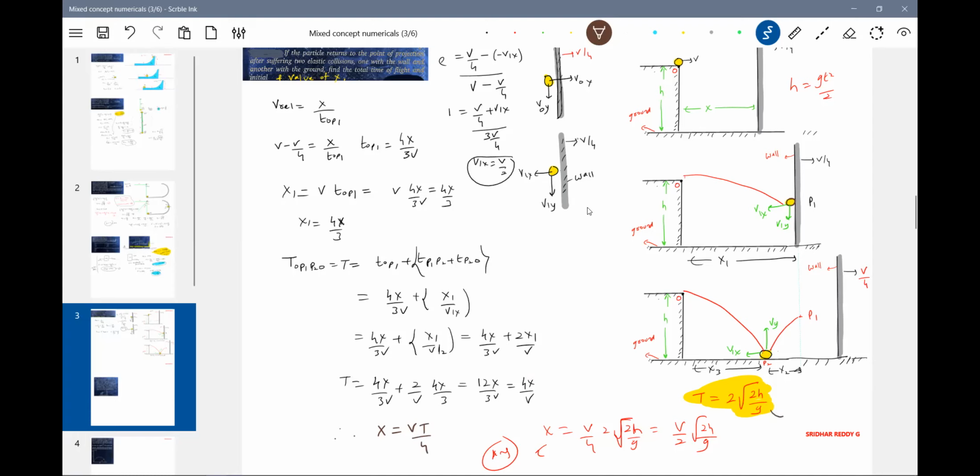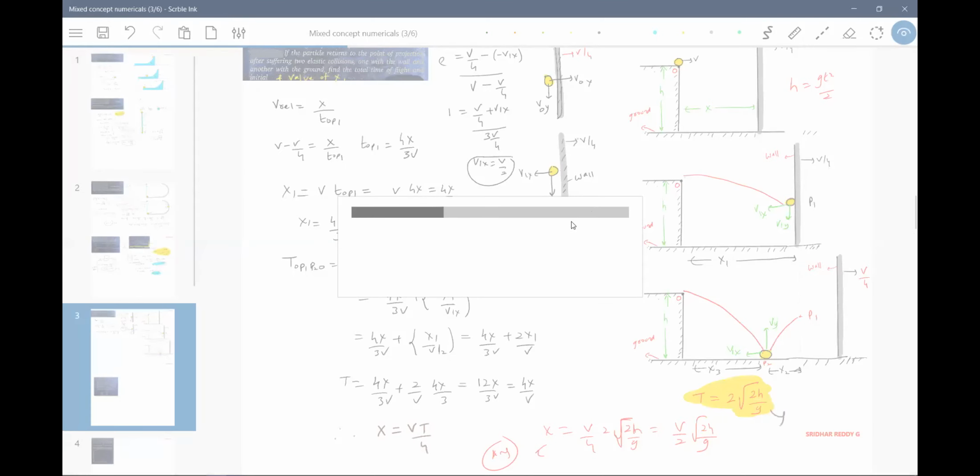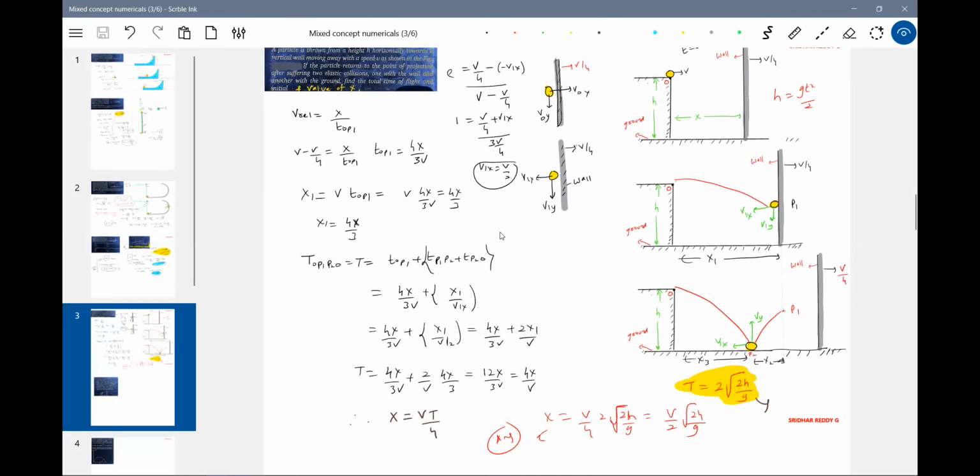What is t? T is from here. Because it is an elastic collision, I'm able to write it. In an inelastic collision, it's not possible, because here the Vy component will change, no? You can expect this in the exam. I took a lot of time in explanation, but in the exam, within 4 minutes,